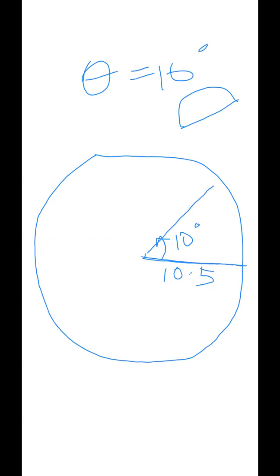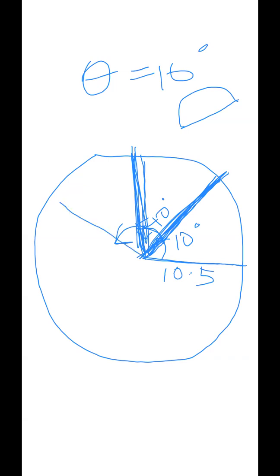Then take this line as the reference and draw another 10 degrees. Okay, the triangle will be very small because it is 10 degrees only. Then again draw a radius like this, taking this line as the reference. Then take 10 degrees from here and draw another line. Then keep doing it. Take this line as the reference and draw another 10 degrees and draw one more line.